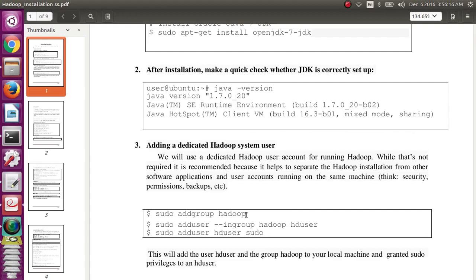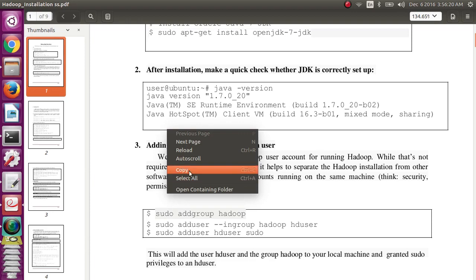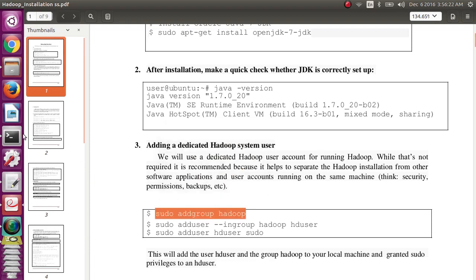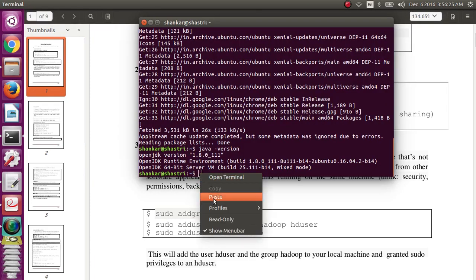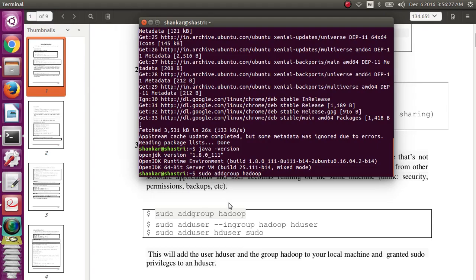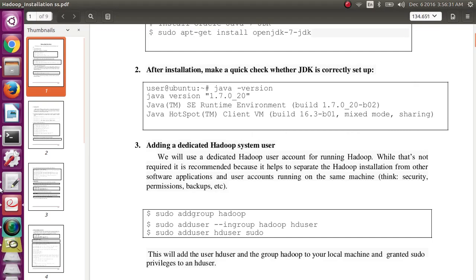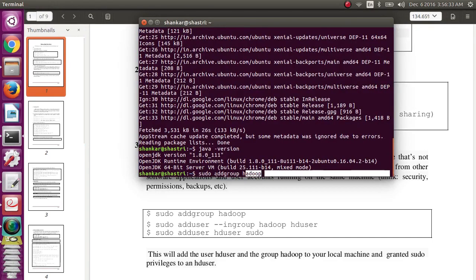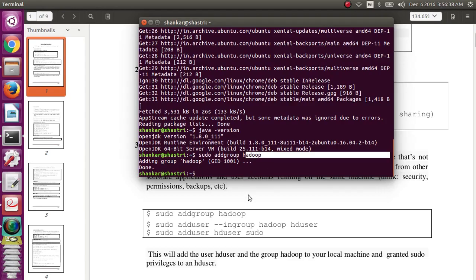The group can be created using the addgroup command. So sudo, for super user permissions, copy and execute. Here the group name is hadoop and the command is addgroup. So successfully created the Hadoop group.